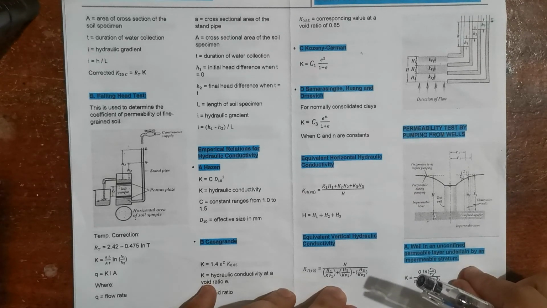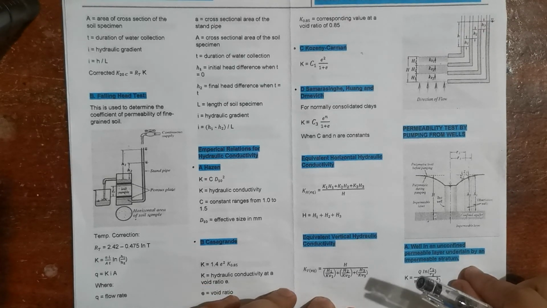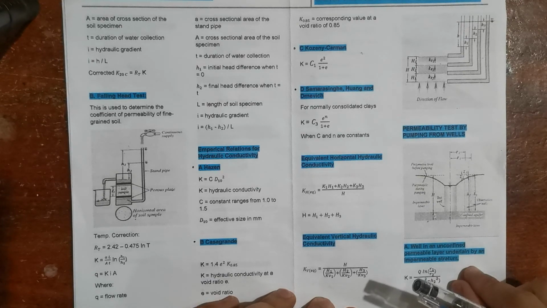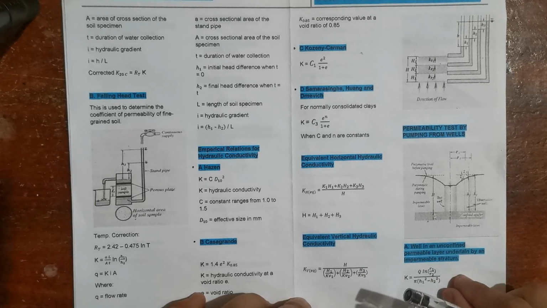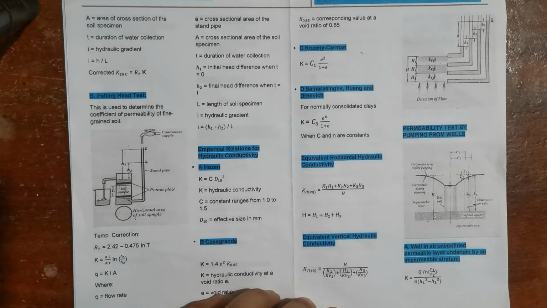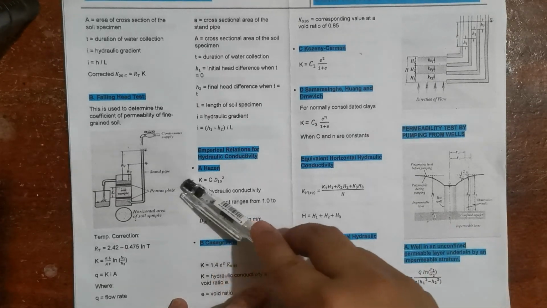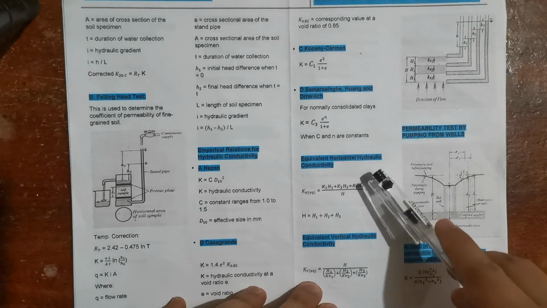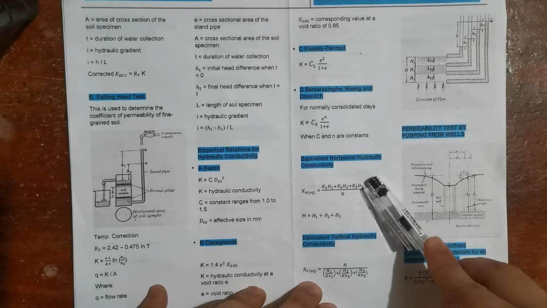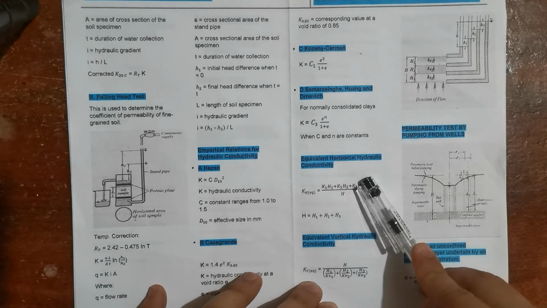Depende mismo kung saan inilagay yung ating well mismo. Kapag meron tayong confined or unconfined aquifer. So, paano natin malalaman kung confined or unconfined aquifer? Well, yung aquifer, malalaman natin meron tayong aquifer doon kapag meron tayong layer ng soil doon na nakakapag-flow ng maayos yung tubig. Pero kapag hindi masyadong nakakapag-flow yung tubig sa layer ng soil na yun, that is considered as impermeable